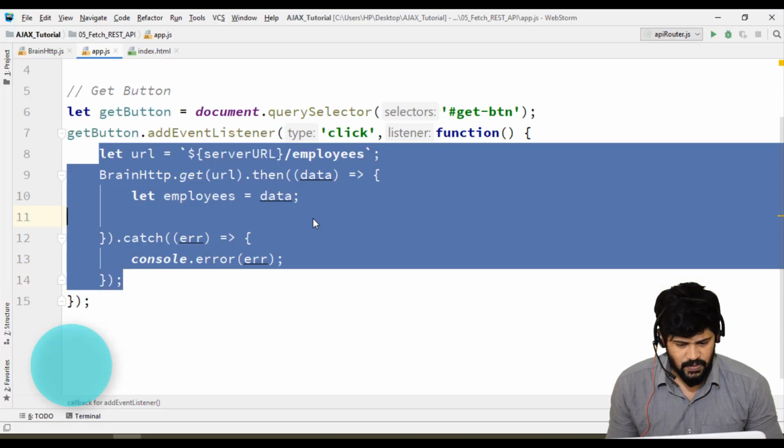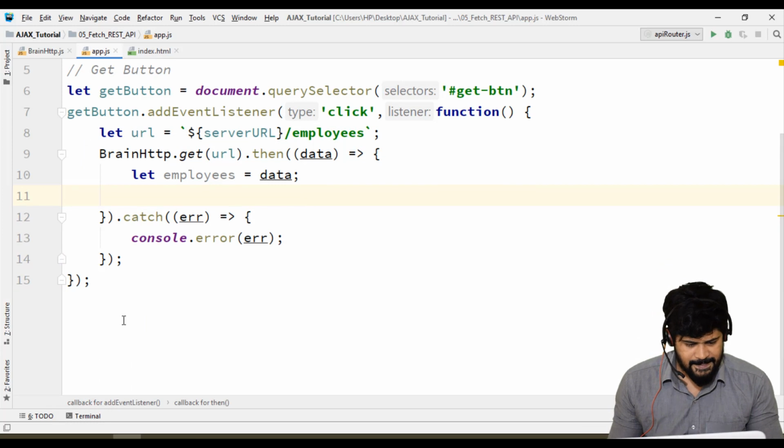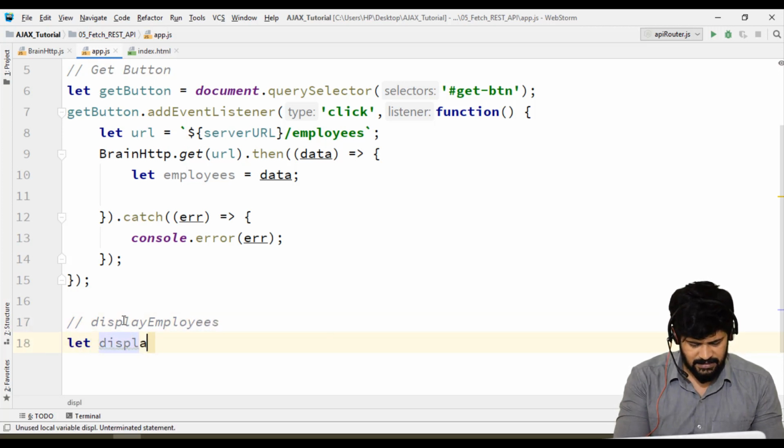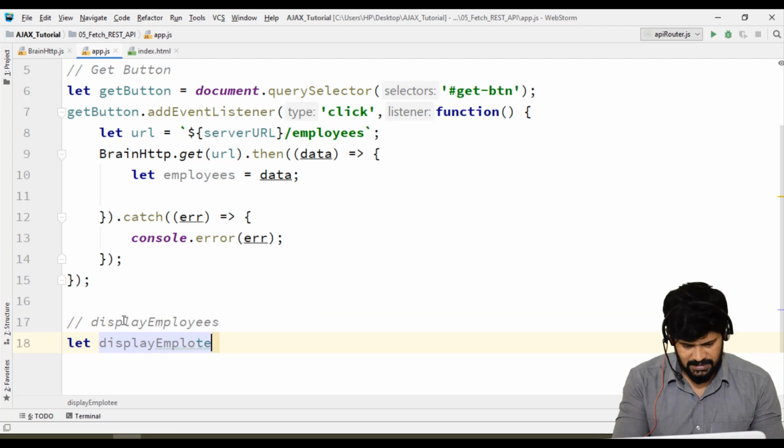So let's do one small change: display employees is equal to an arrow function.